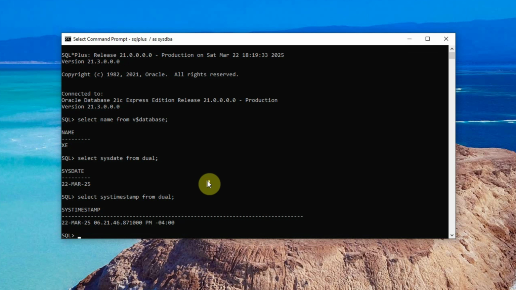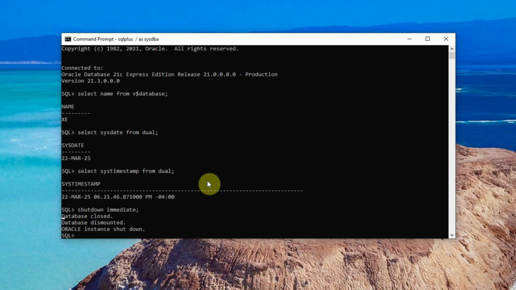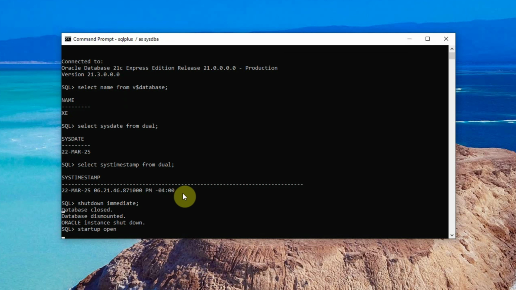Now to stop the database, you can use the command shutdown immediate, press enter, and the database is shut down. And to start up the database, you can use the command startup open. This semicolon at the end is optional. When you're starting up or shutting down the database, you don't have to provide a semicolon there,